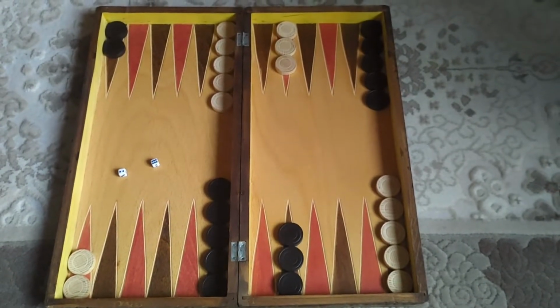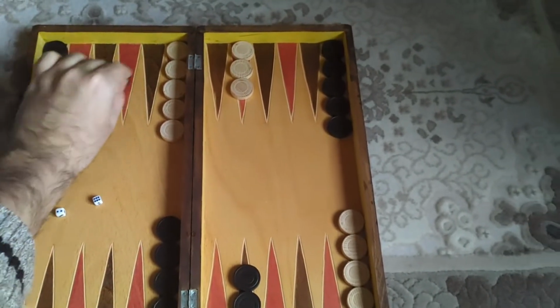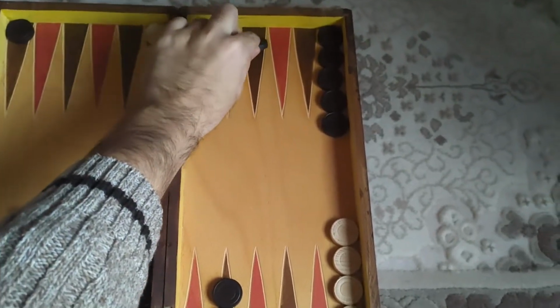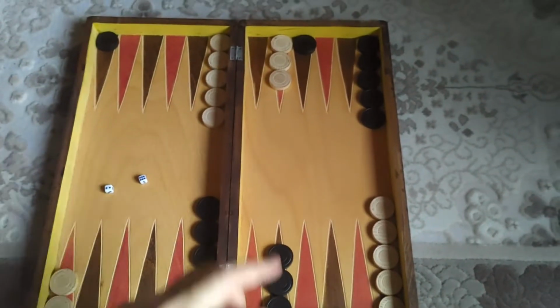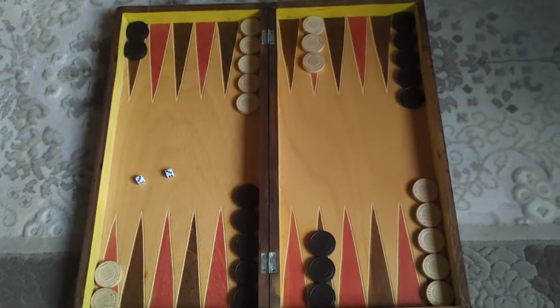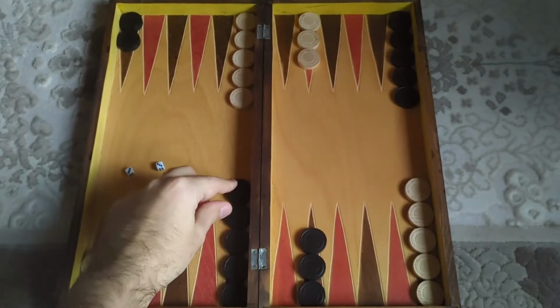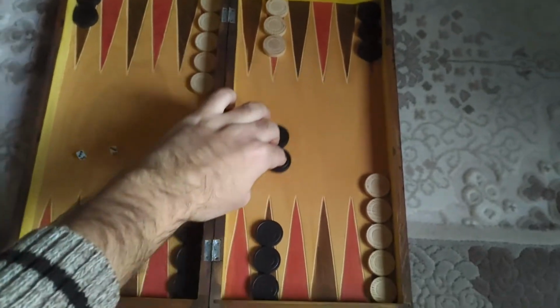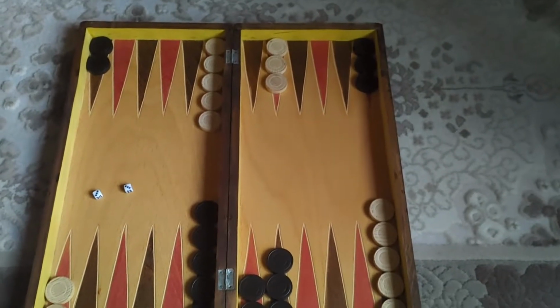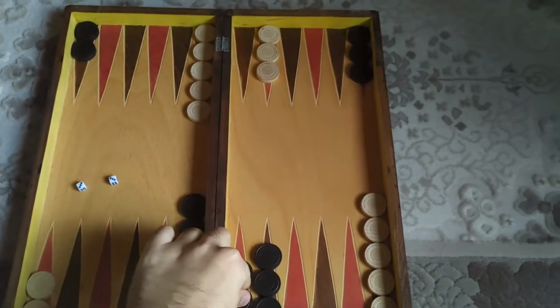Whenever I roll a 2-6, I like to make 6 from here and 2 from here. I like to run away with my checker. When I roll a 3-3, I like to do it this way, to block my opponent here. Another way to do this